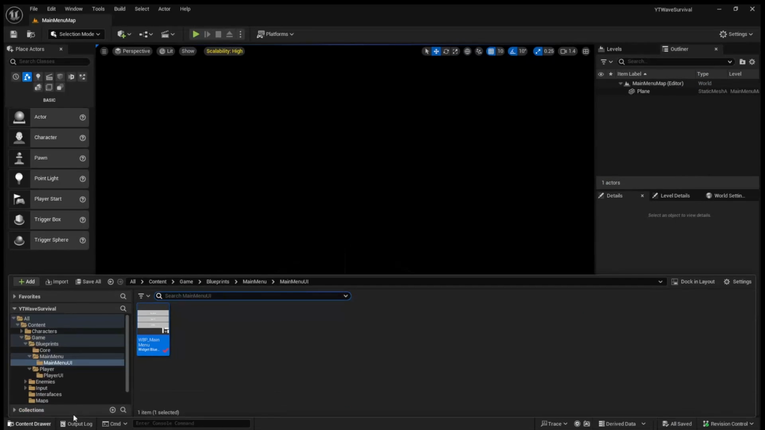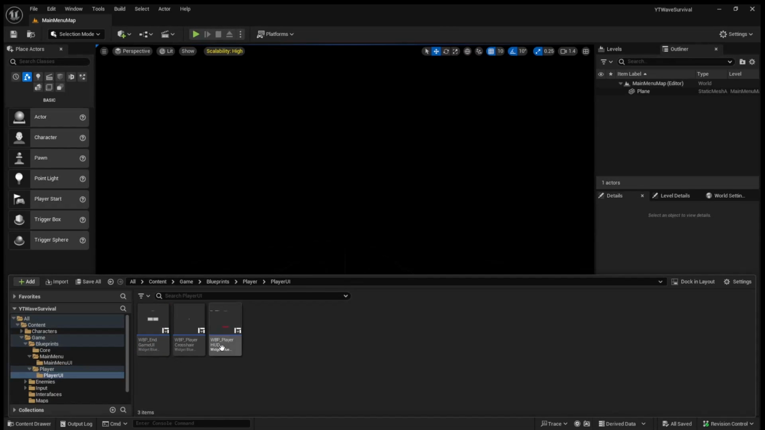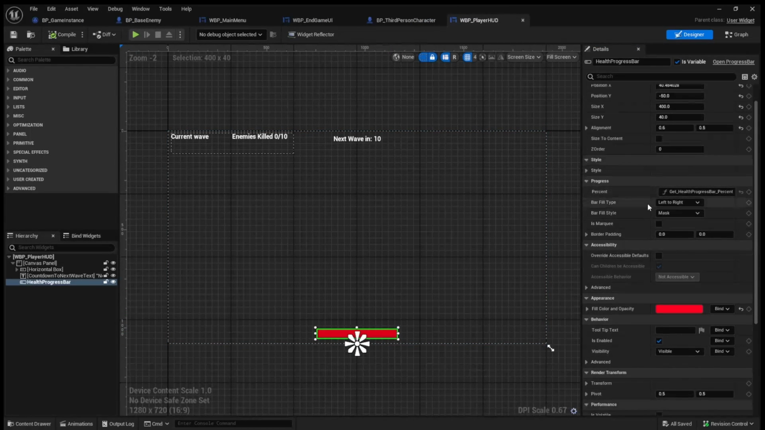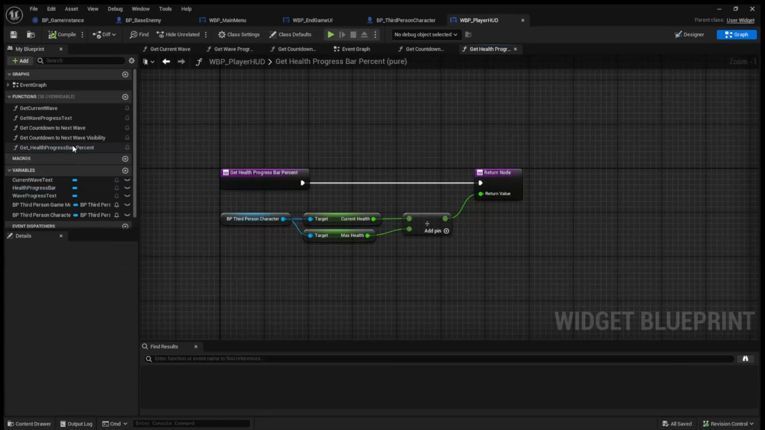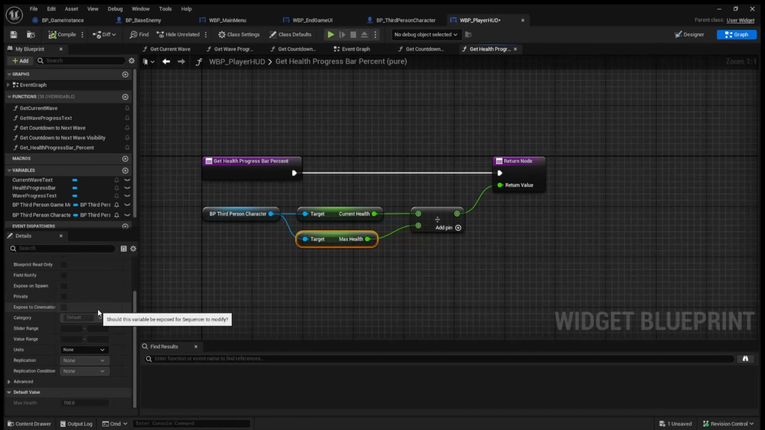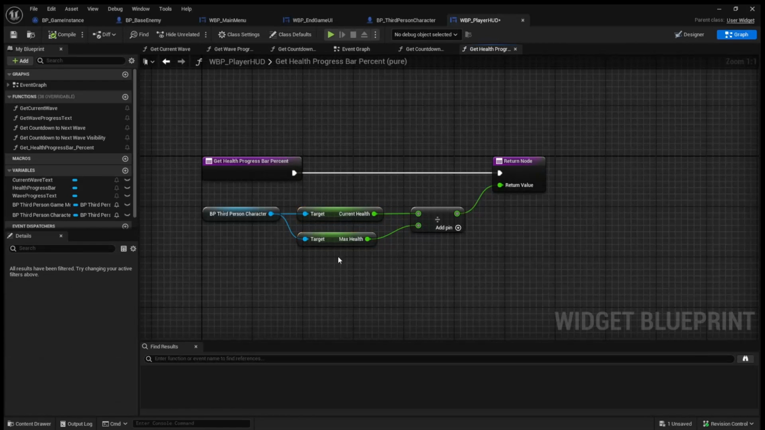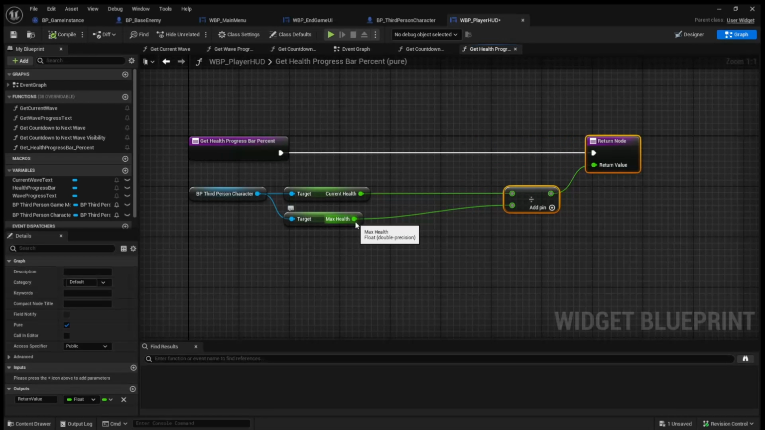Now, the other issue we ran into was the health bar. So to fix that, we can open up our player UI, open up our HUD, and we can come to the health bar, and you can see we have this get health bar %. So if we come to the graph and find that function, so currently we do current health divided by max health. What we need to do is update it so that it's actually accounting for the max health plus the additional health from upgrades. So we'll say max health